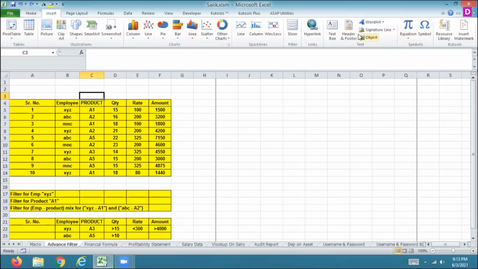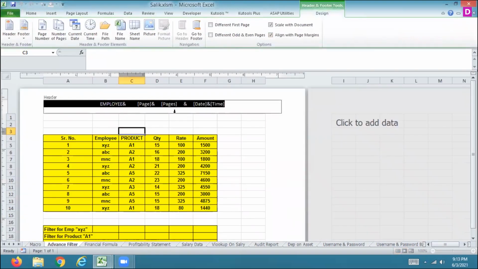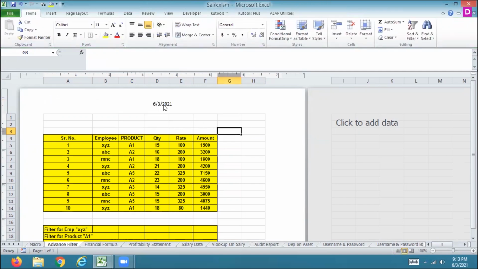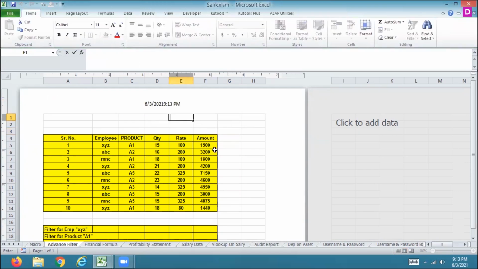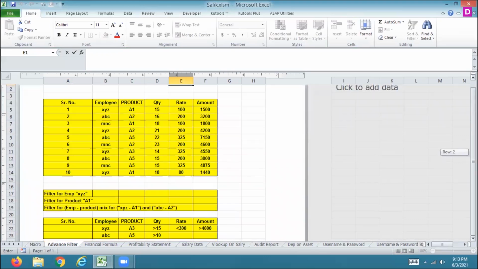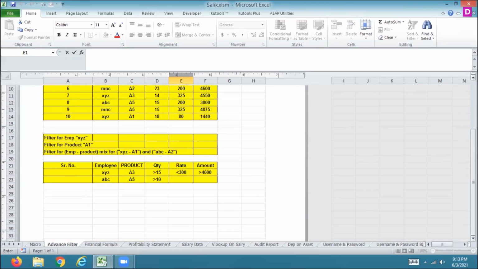So insert, then we want header and footer. So this one is for deleting. If I add the current time, you can see here current date and time is here. Then if you want to use the Design tab, then go for the current time is here, current time. So you have to do the current time also. If you want to add some footer part also,